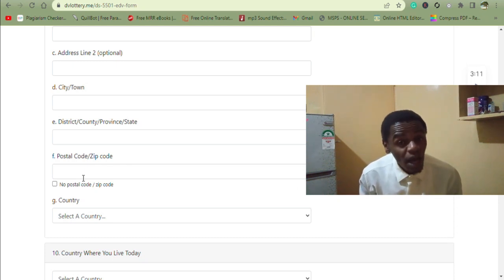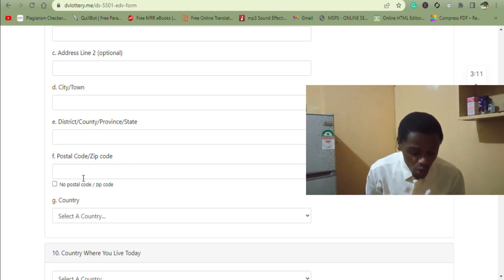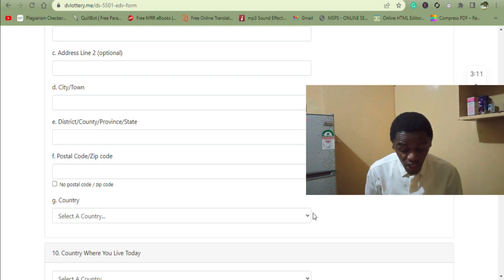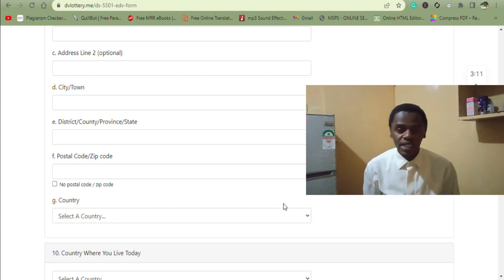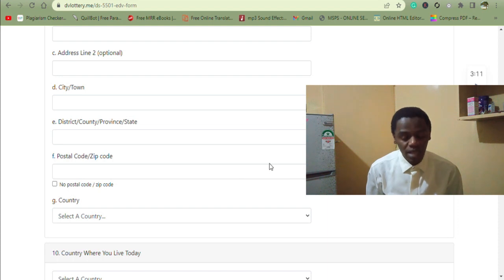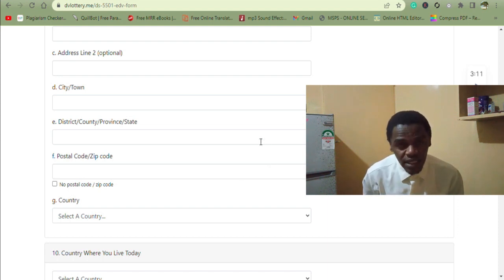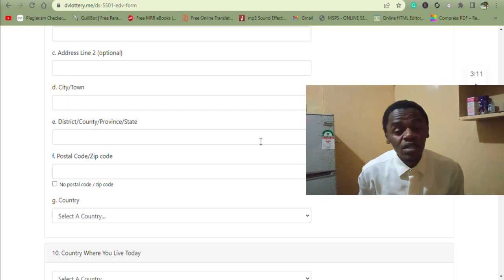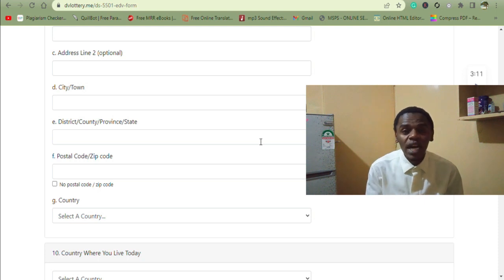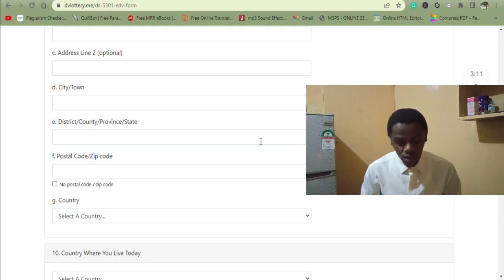But you might find some other places don't have the postal code. That is only when you check no postal code or no zip. And then finally, you select the country in which your address is. And remember, guys, that this mailing address doesn't mean that it has to be in the country where you were born. This mailing address is all about the location where you are at the point when you're filling in the